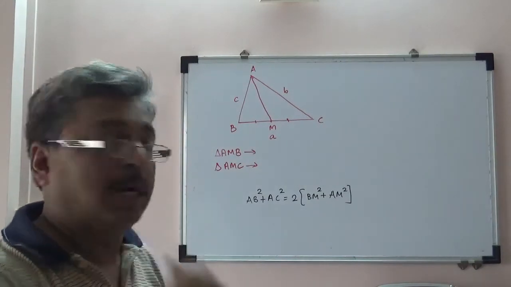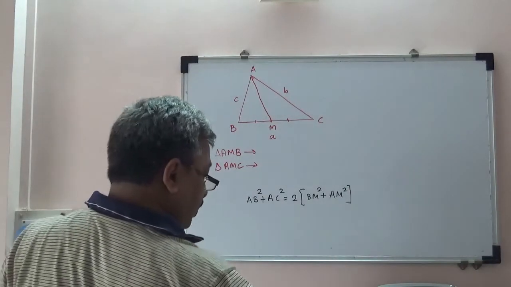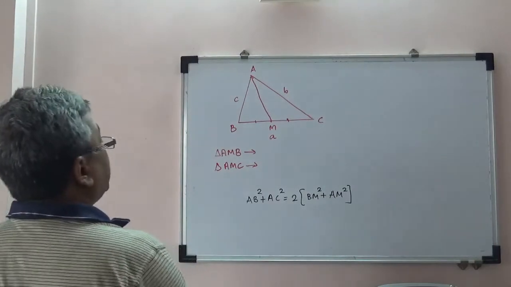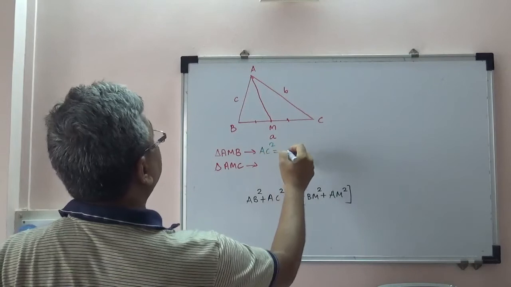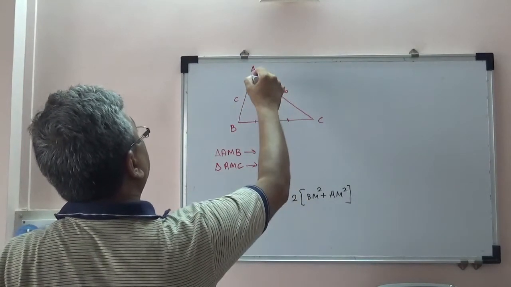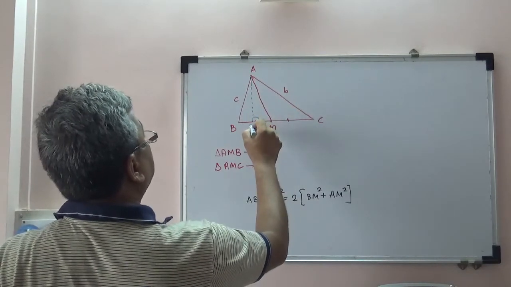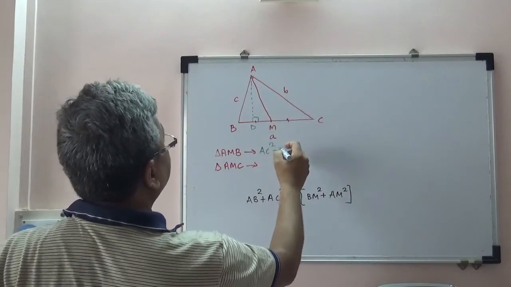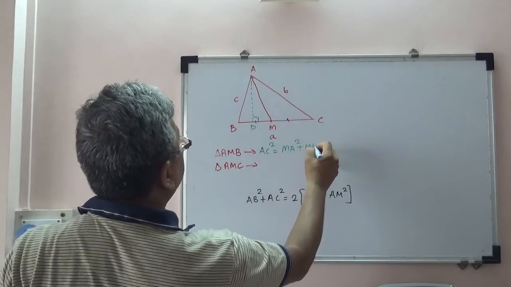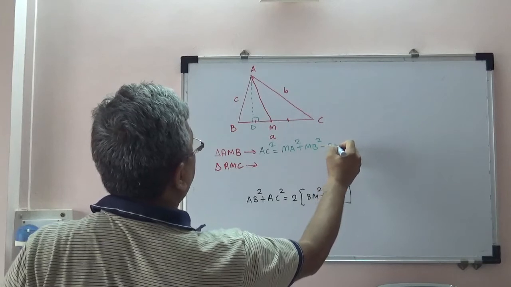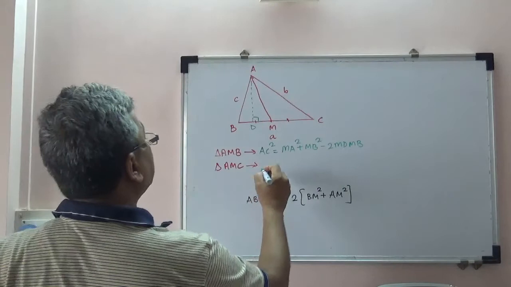Pause, start. Okay. So in triangle AMB, what we have decided is that angle M is acute, therefore AC square is equal to... Now we need to draw a perpendicular in this. That is the trick. Let that point be D. Then AC square is equal to MA square plus MB square minus 2 MD MB, and it is obtuse, therefore